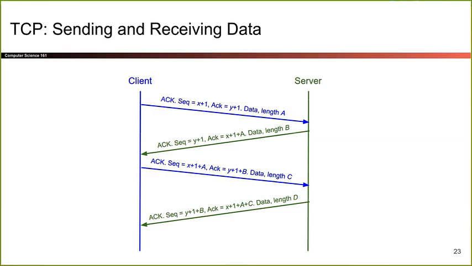But all you have to know here is that we are numbering every byte of data that's being sent. So no matter which direction we're going, there's a number. And when we receive something, we're also sending an acknowledgement number to say, I have received every byte until this one. So the next time you give me data, start here and give me everything from here on. So that's sequence and acknowledgement numbers.